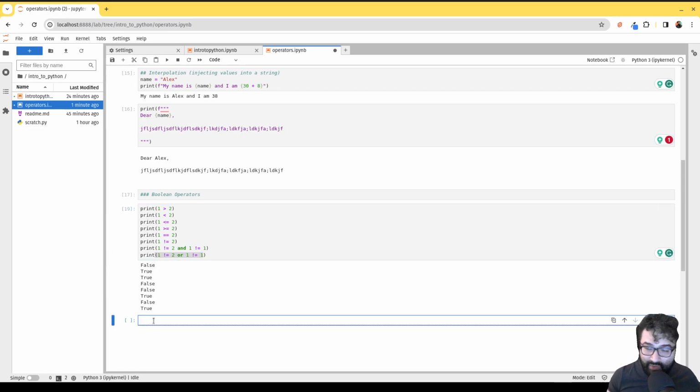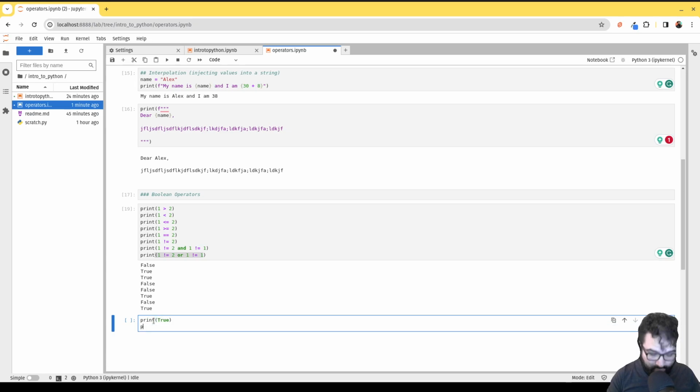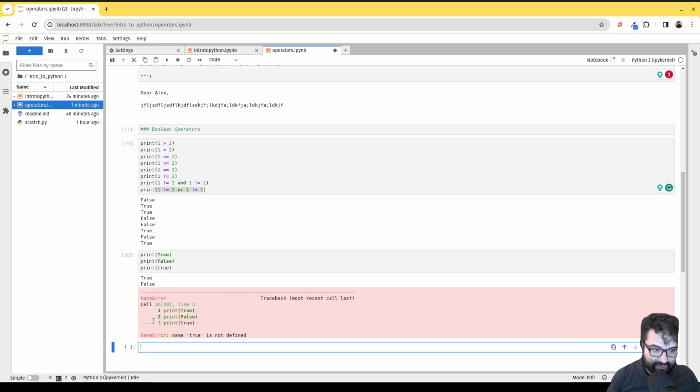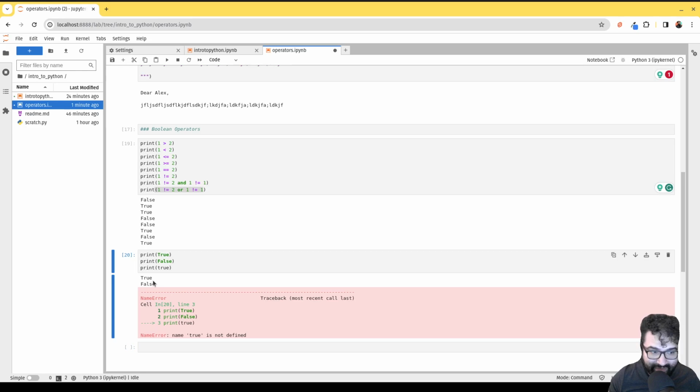Again, Boolean values are a thing. So I can print the value of True. And I can print the value of False. But again, it's uppercase. So I can't print the value of lowercase true. That would just be assumed to be a variable. So you see true is not defined. It successfully printed out the first two, but not the third one. So keep that in mind, that in Python, True and